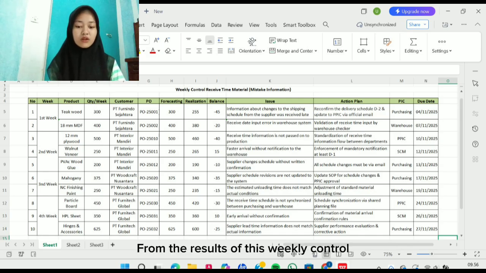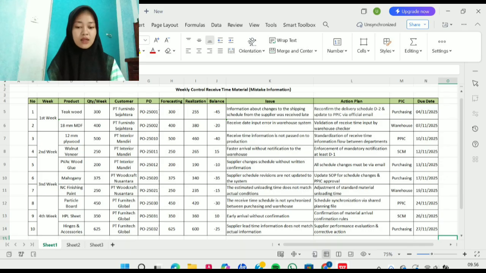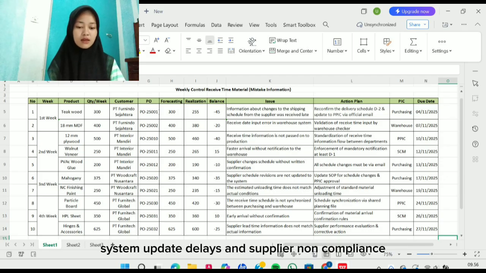From the results of the weekly control, it can be concluded that the main issues stem from real-time communication gaps, system update delays, and supplier non-compliance.